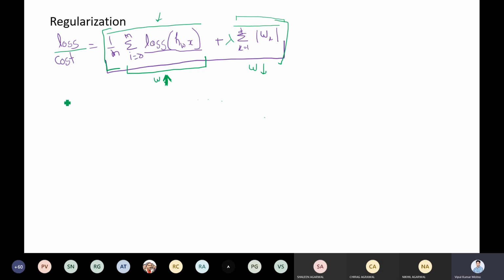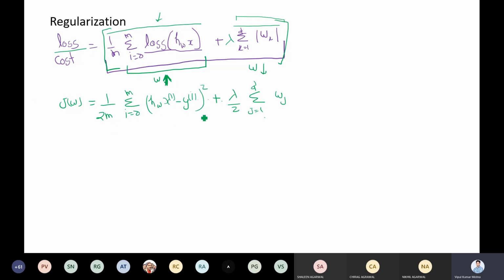So you can say your J(w), what we have seen, is equal to 1 upon 2m summation i equal to 0 to m, h_w(x^(i)) minus y^(i), whole square, right? This is the square loss we have seen, but as we added a new term, that will also be added here: lambda by 2 summation j equal to 1 to d, those many weights, and |w_j|, right? So in that way, this will become your total cost.